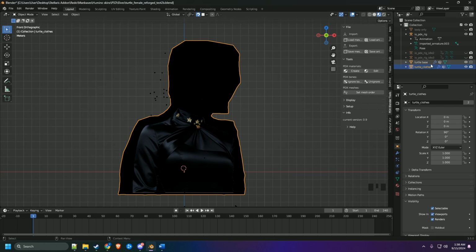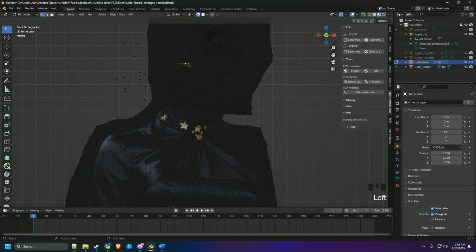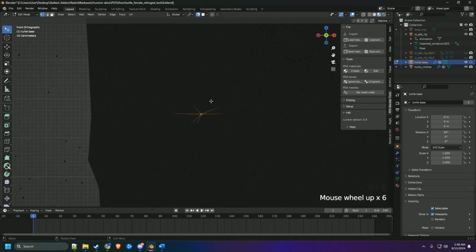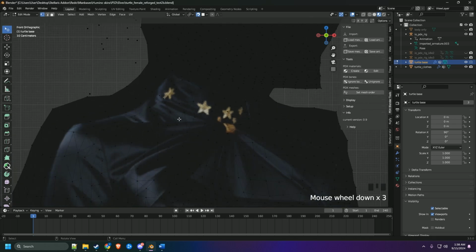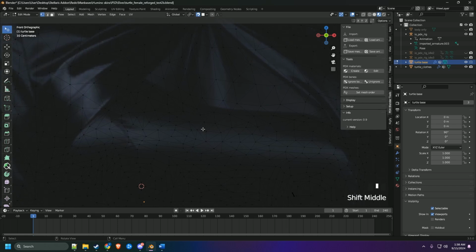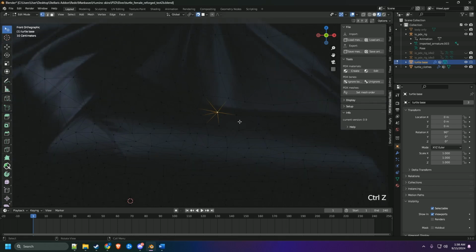If not, delete the clothes, start over with your base and add more, or go to edit mode and click on the ones that you feel you didn't do so well on. Like for me, maybe I shouldn't have these triangles right here. They're all connected, and that's what's pulling too much. So maybe I should have used some quads instead. So I could just delete it, right? And then go back to